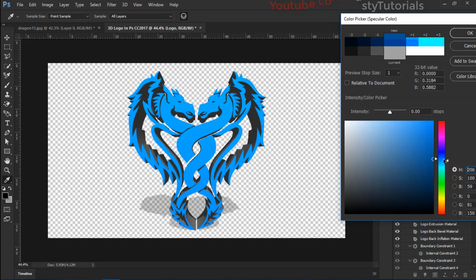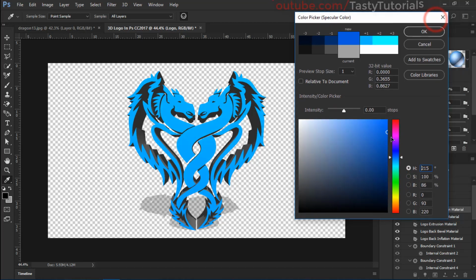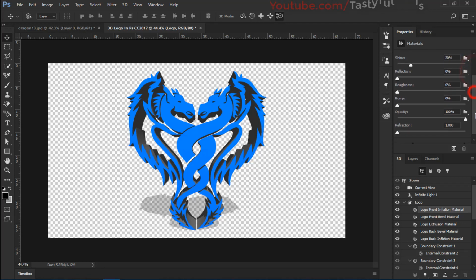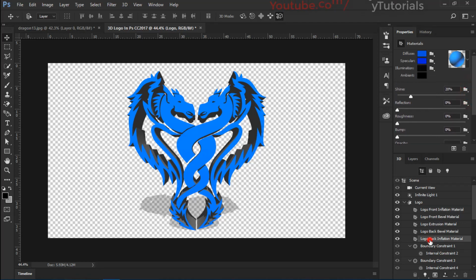So we'll make it a little blue color like this, or a little dark, maybe a little more. That's cool. Click on OK and that's nice. That's cool. These both things are changed now, and let's just go down and select these 3 layers, left one, second one, and we will select last 3 layers, which is logo extrusion material, logo back bevel and logo back